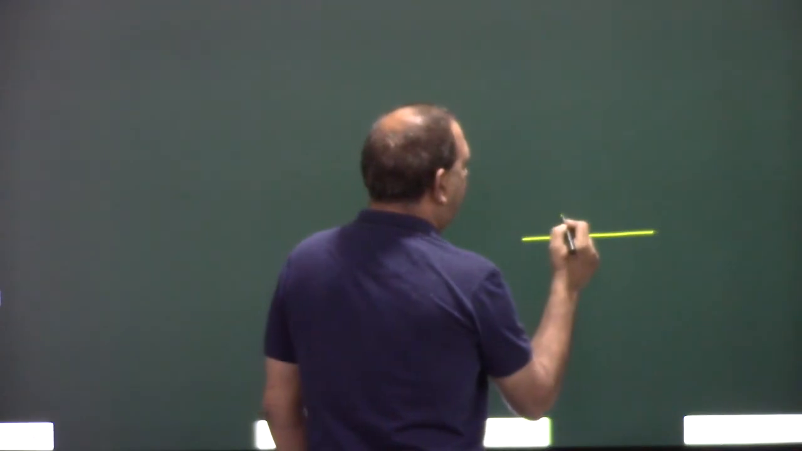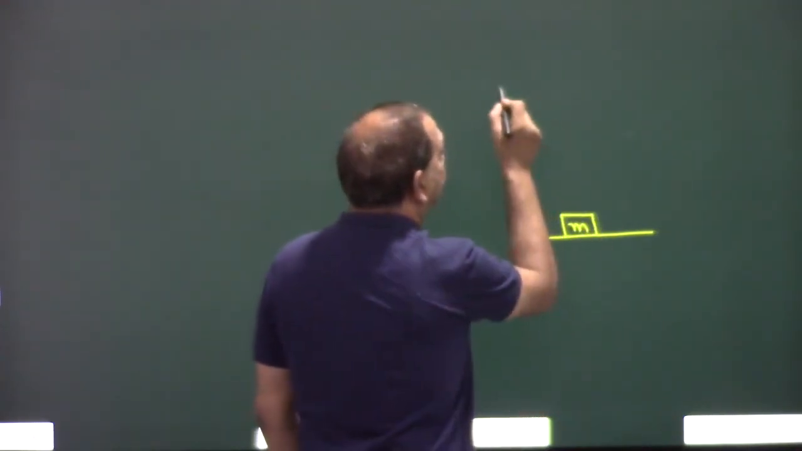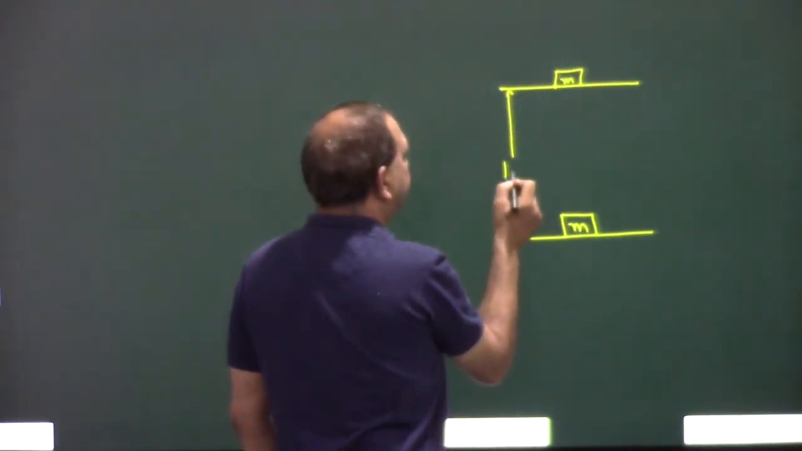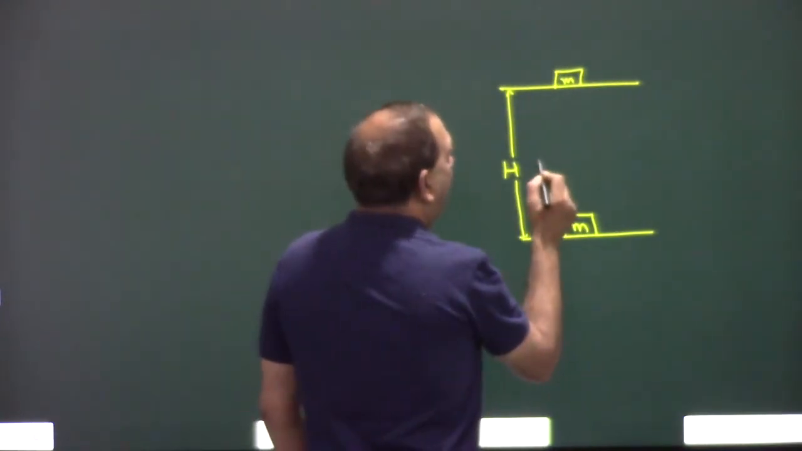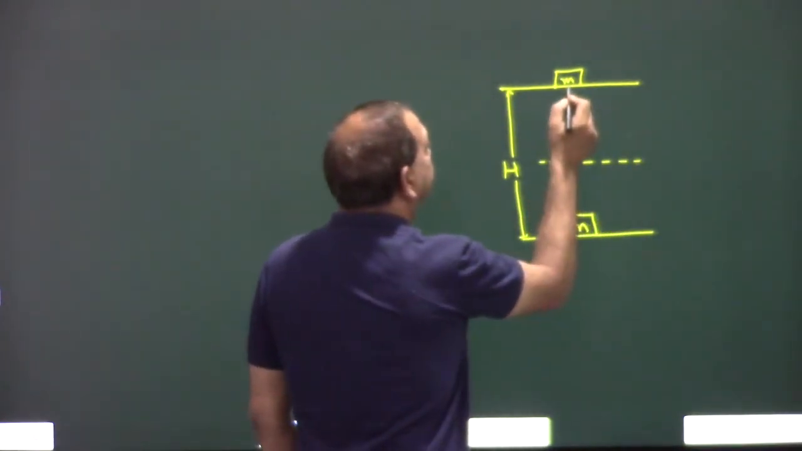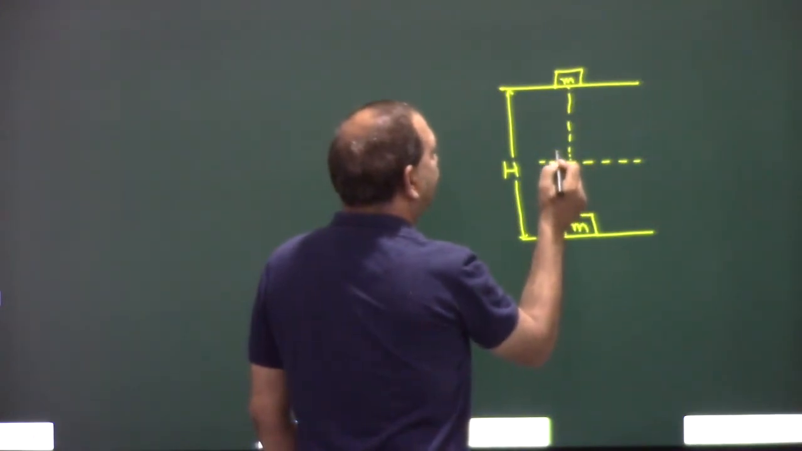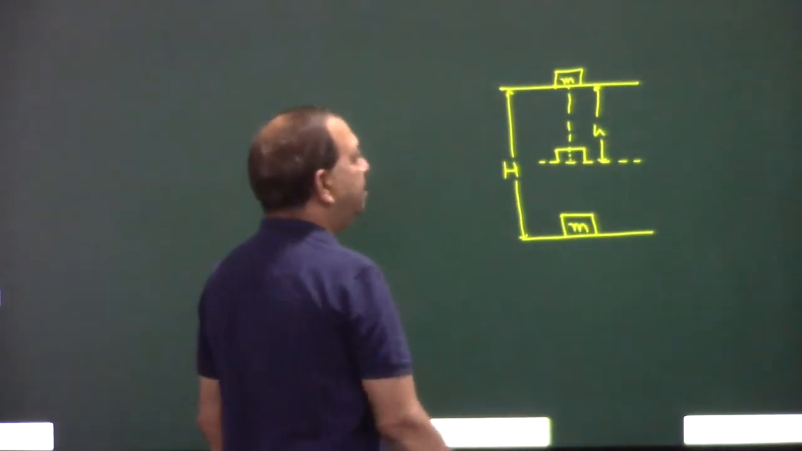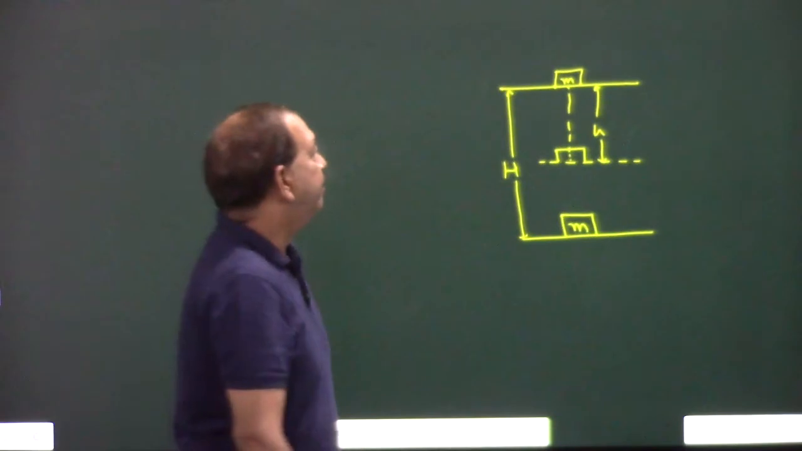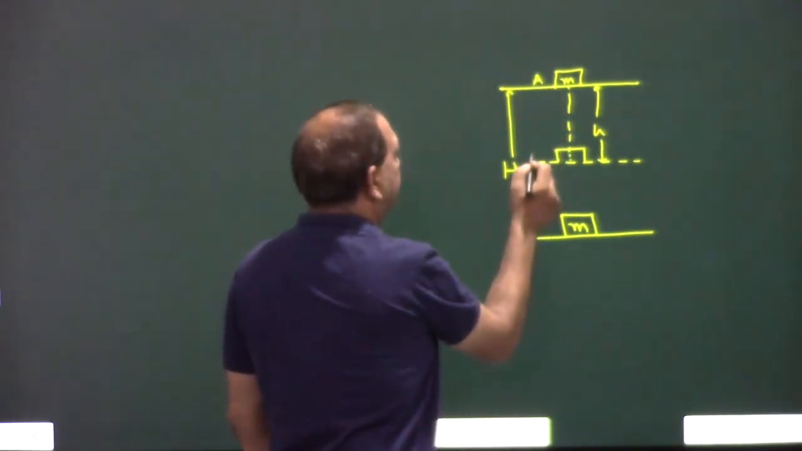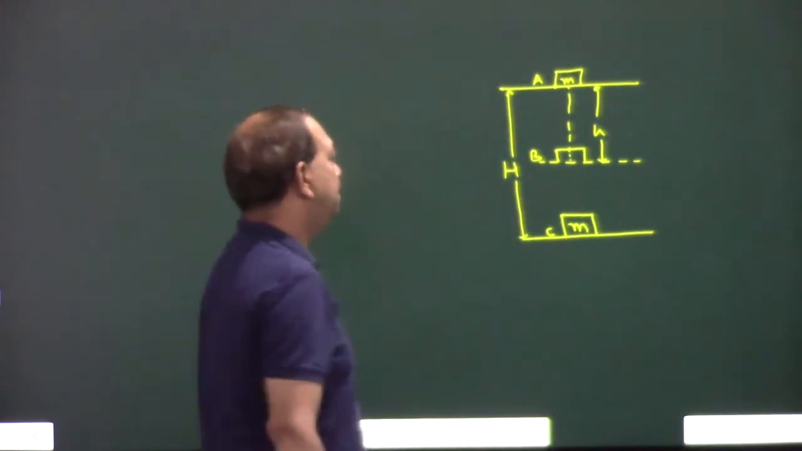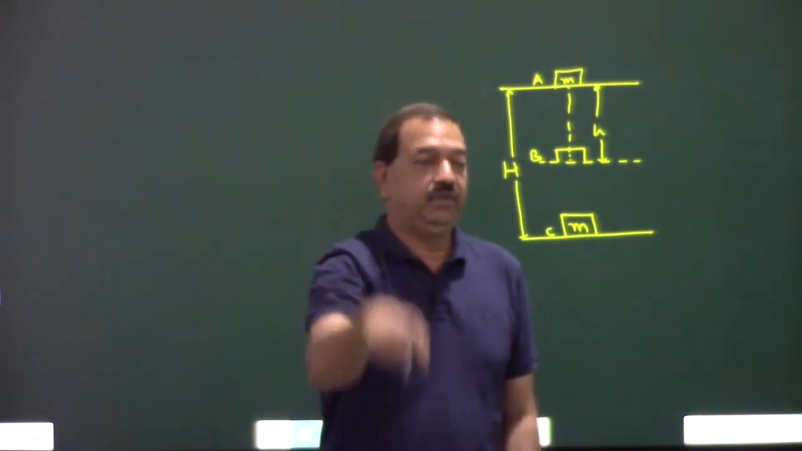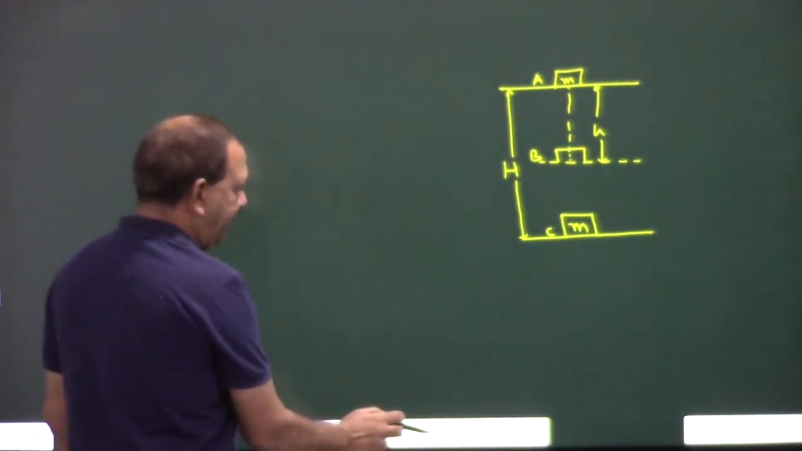Let's see an object of mass m is dropped from a height H. At a certain instance it is at a position where it has fallen down by a small h. Let's name these positions A, B and C. We have dropped this object from position A. So if we calculate energy at A,